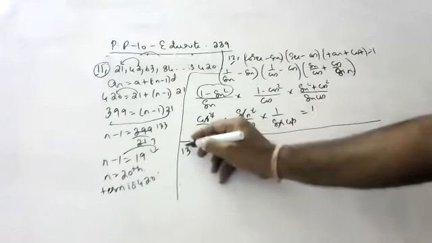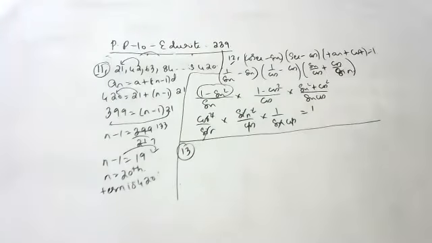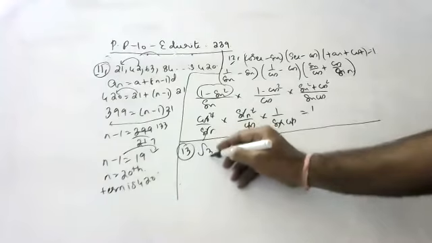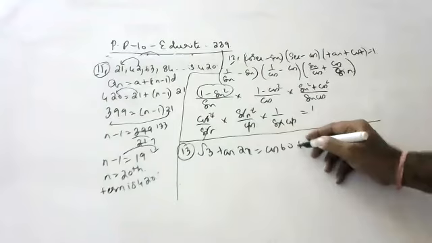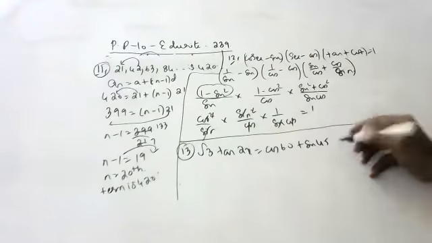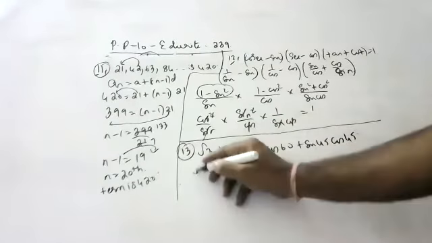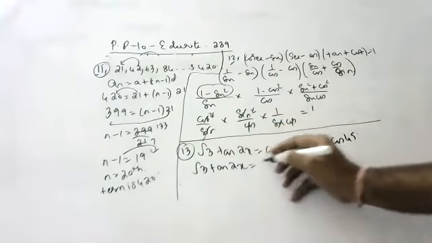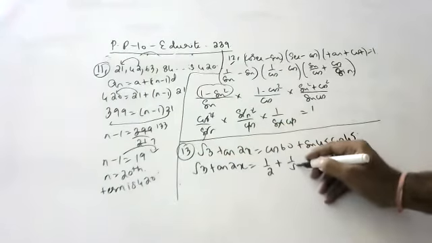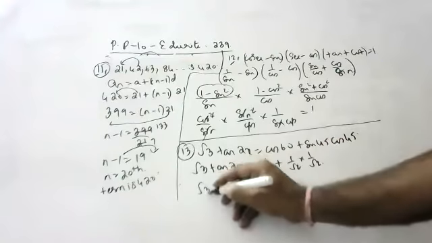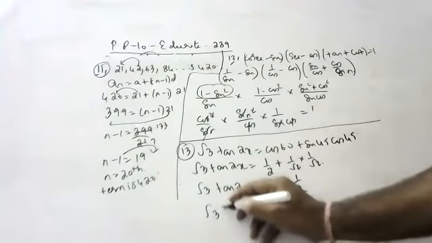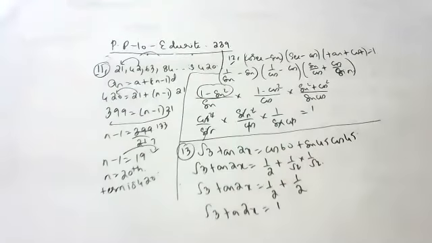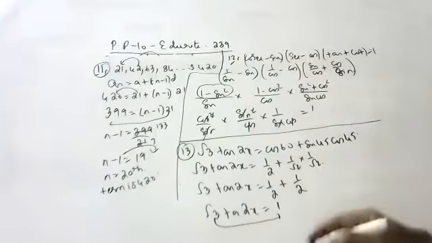Okay, next. Very good. Srija, you tell them. Find the value of x. Root 3 tan 2x is equal to cos 60 sin 45 plus cos 45 cos 45. Come on, tell. Root 3 tan 2x is equal to 1 by 2 plus 1 by root 2 into 1 by root 2. Root 3 tan 2x is equal to 1 by 2 plus 1 by 2. Half plus half is 1.